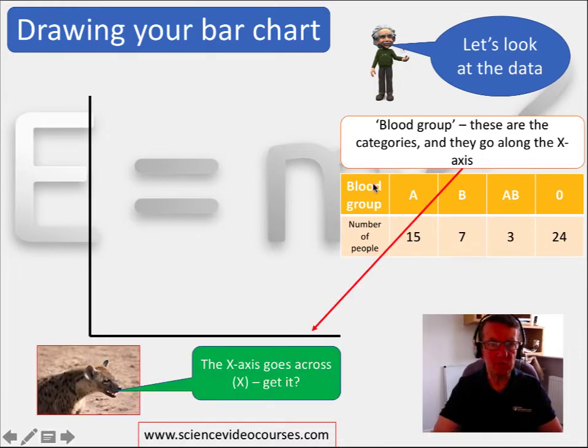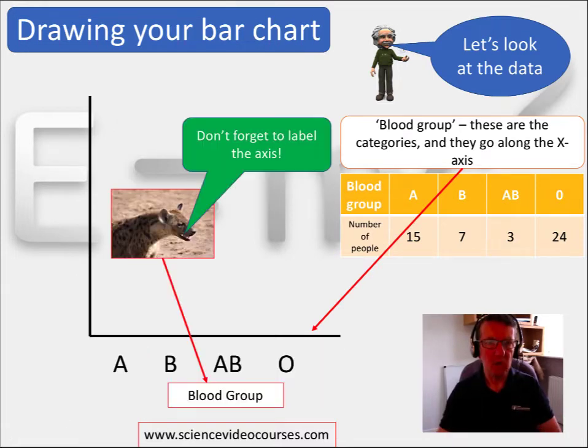First thing, what goes on which axis? On any graph you've got two axes. This is the x-axis here and this is the y-axis. Now, blood group, the categories, they always go along the x-axis. So people will say, how do you remember which is x, which is y? Well, this is what I always say: x-axis goes across. Get it? X across. That's how I remember it. X goes across. So we can put the data in there, all the categories, A, B, AB, O, and